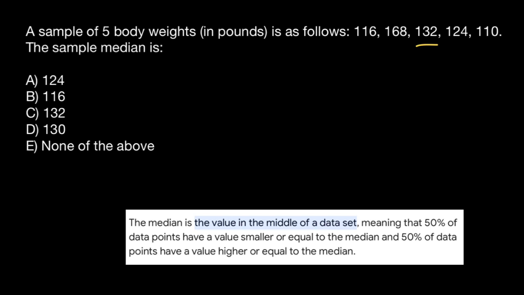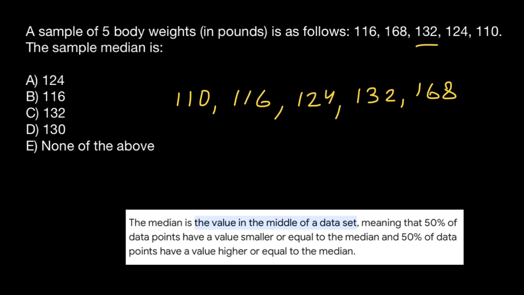wrong answer. So this number here is in the middle of this dataset, but first you have to arrange this dataset in descending or ascending order. For example, we start with 110 as being the smallest value, then 116, then is going to be 124, then 132, and lastly 168. So as you see, now in this dataset, the correct answer, the median, is going to be 124, which